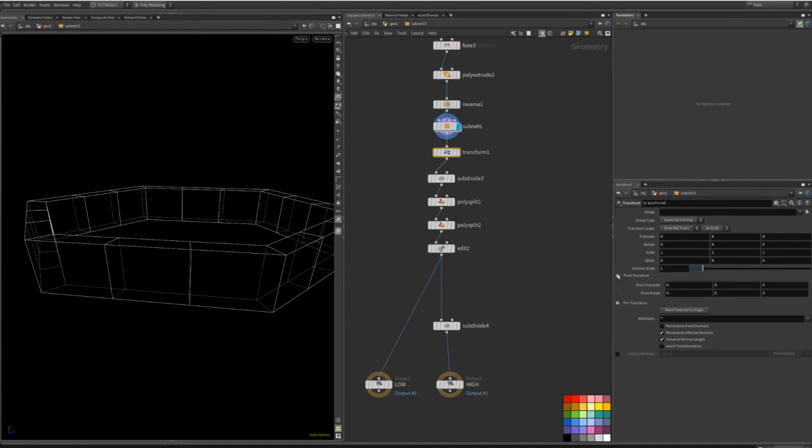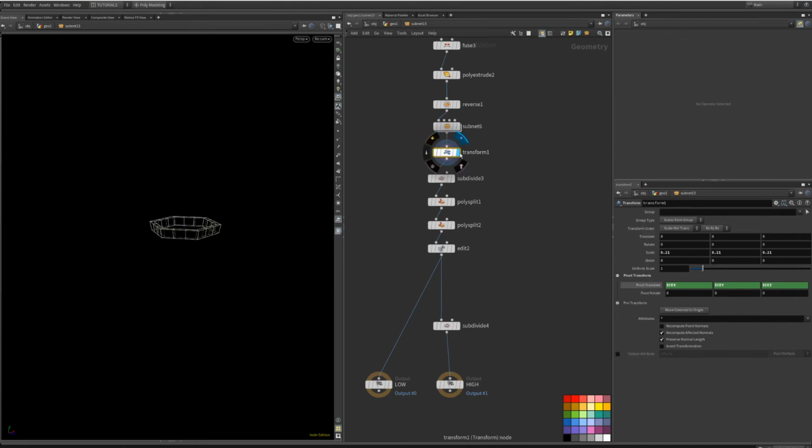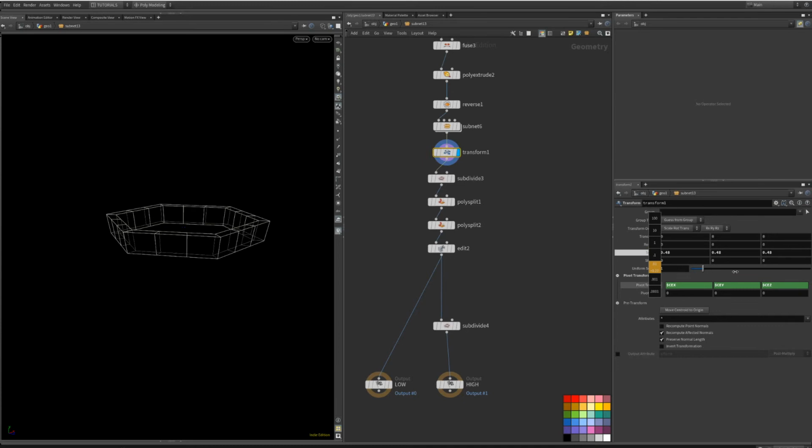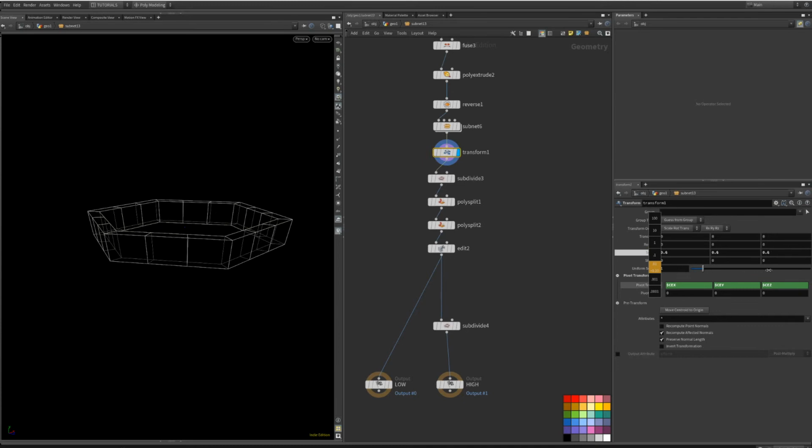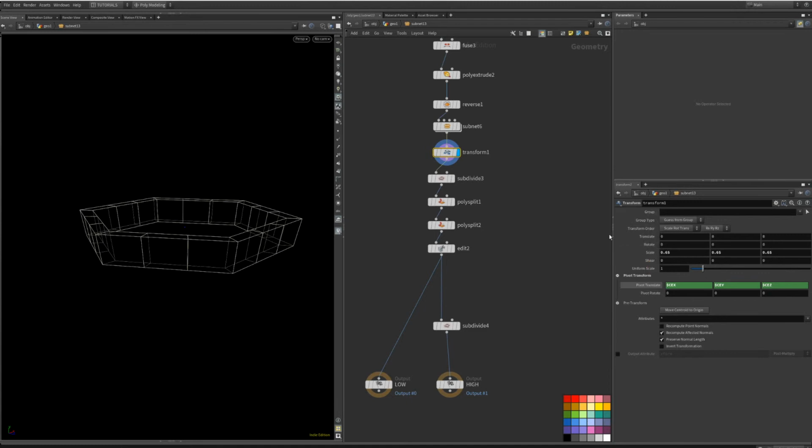Let's see if we have the pivot transformation. I believe I did. Center pivot right there, perfect. And now we are able to scale that down and see what we get. So for example, let's just say we wanted to have this attribute right here. So I'm gonna actually do this. I want to copy this parameter,